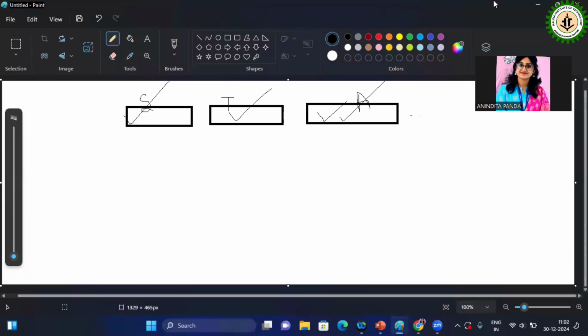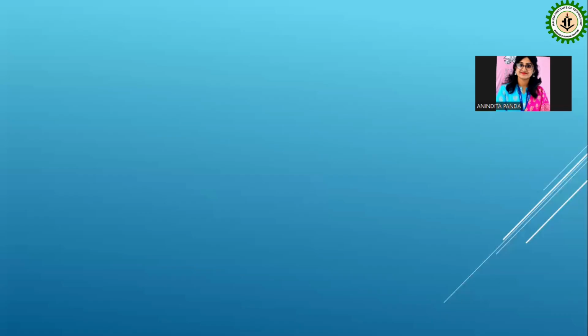Okay, so that's why there are so many boxes here. So I think now it's clear what the external level is. Here are a few points: the external level is also known as the view level. Second point, it is the highest level in the three schema architecture. Okay, so next is